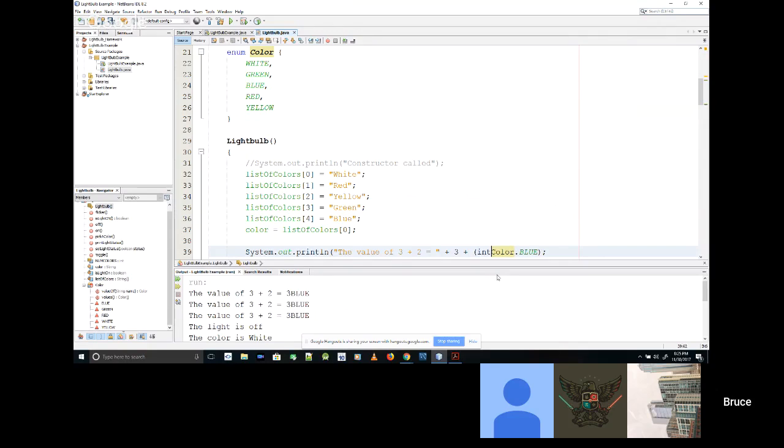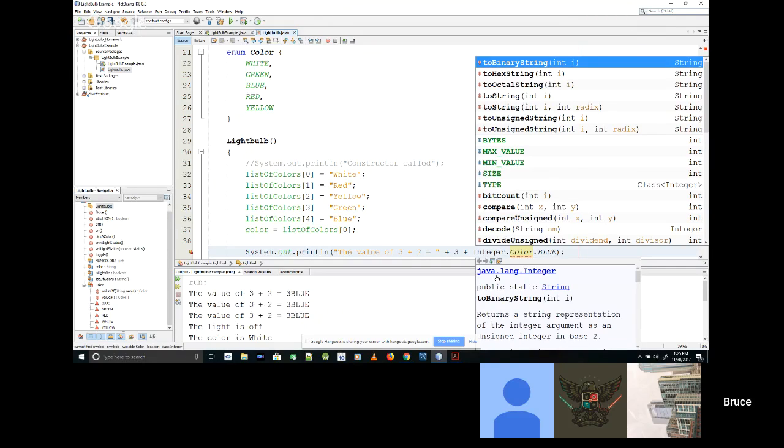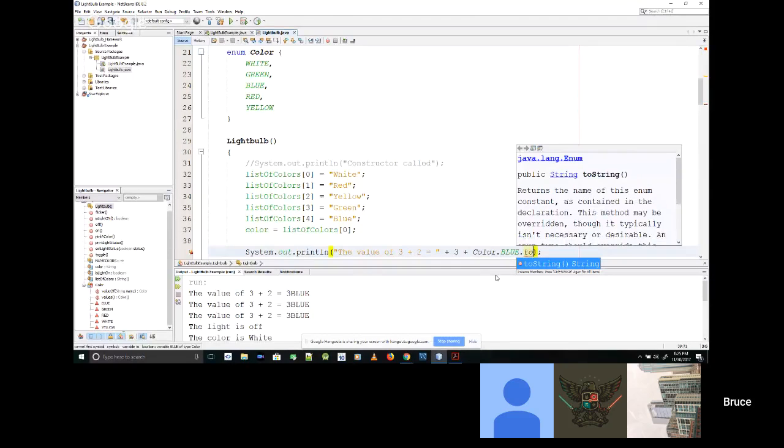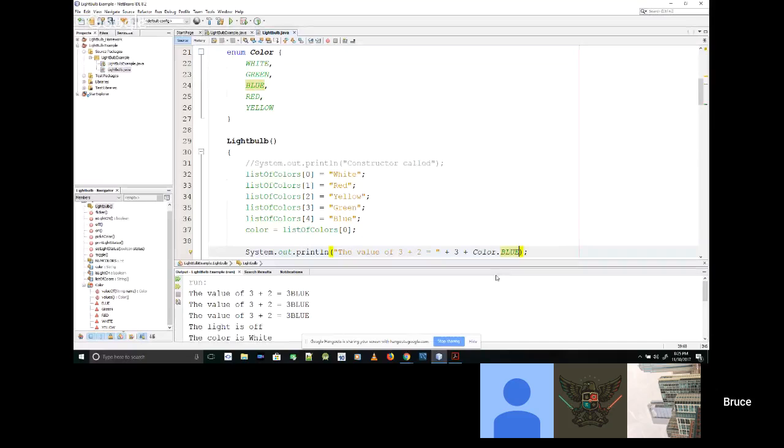I wonder if it even understands an int like that. Integer dot. I don't know. I did not expect that.